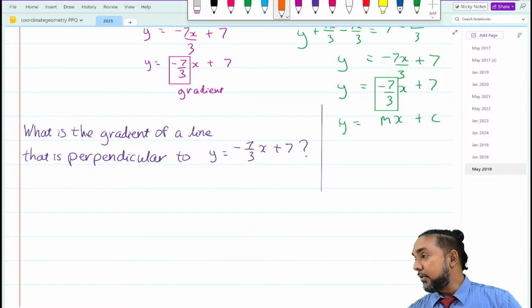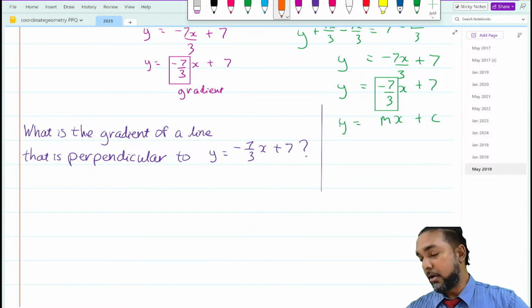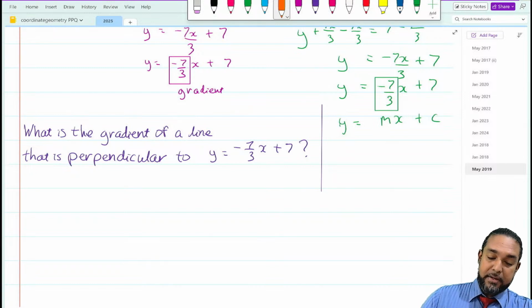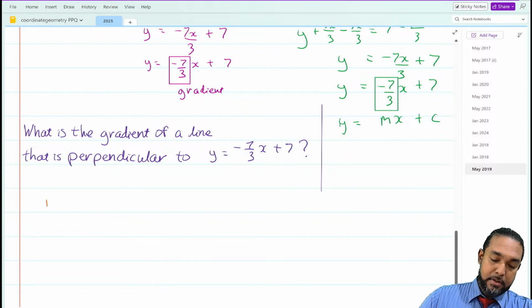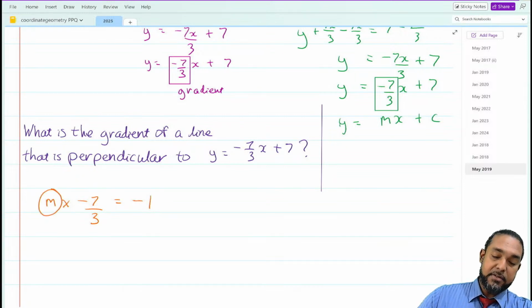All right, you're welcome, Flora. And Stanaville, you're correct. So what that means is that if we took the gradient of the line we're looking for and multiplied it by the gradient of the line we have, we'll get -1. So to find this gradient, you have to remove this thing. It's attached by multiplication. So to remove it, we use the opposite operation, which is division.